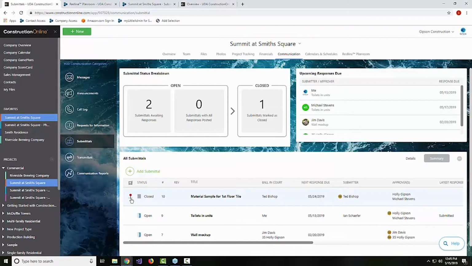And again, what this is going to allow you to do when you're working with your team is you're communicating a lot of additional information just by attaching it to the plans. Instead of going through and trying to type out all the location details or everywhere that we plan on applying this specific submittal or whatever it is that we're going to be choosing, where the questions come up for your RFIs, pinning those things allows your team to not only quickly reference back to that sheet, the set of plans,